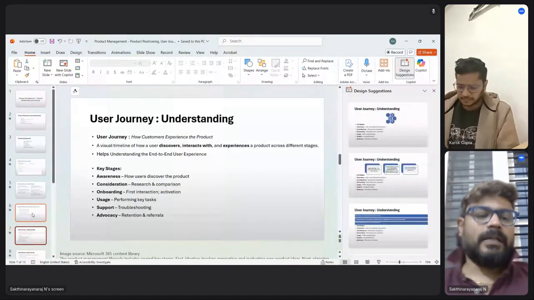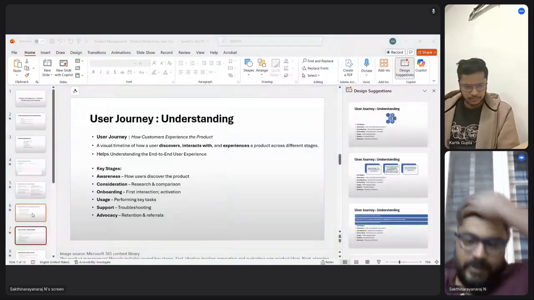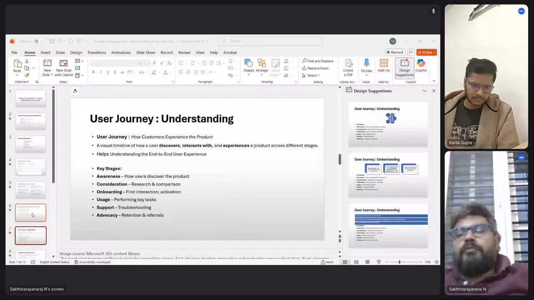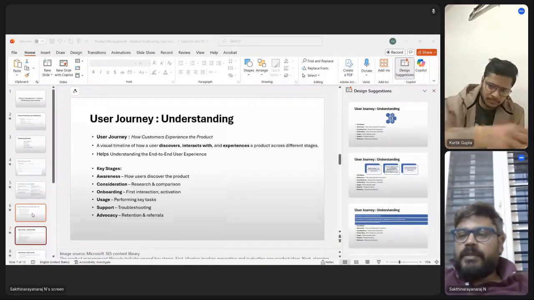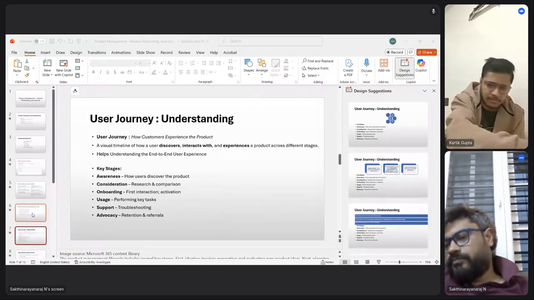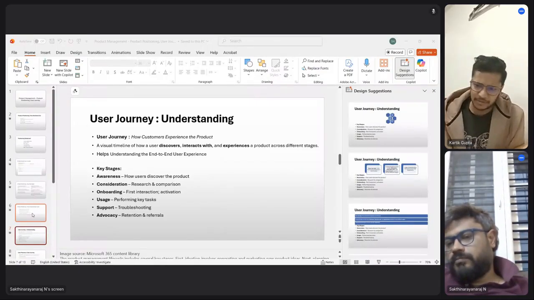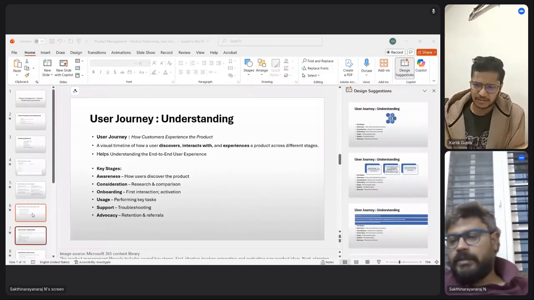So let us start with understanding user journey. I don't want you to see the screen. I want you to just generally tell me what you feel a user journey is. User journey is, I guess, about user experience regarding the product. Try again.